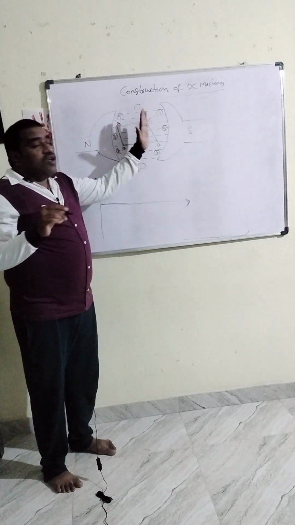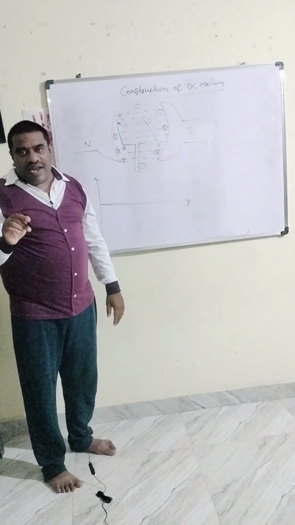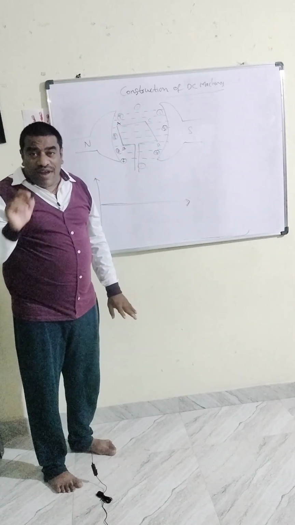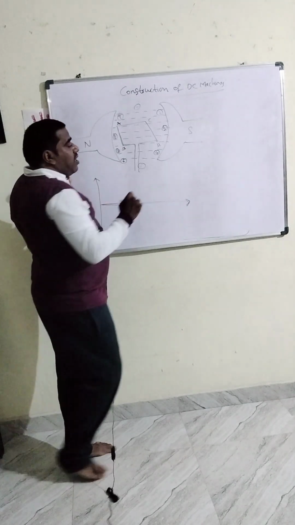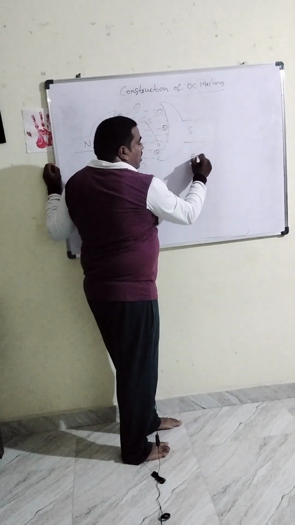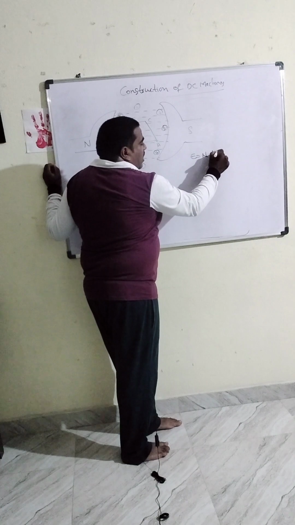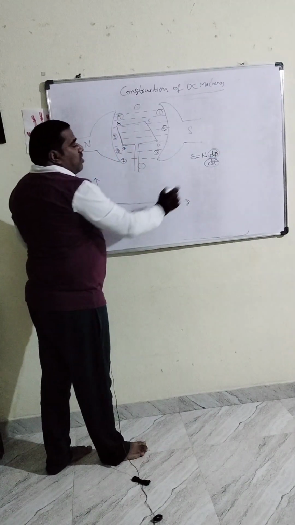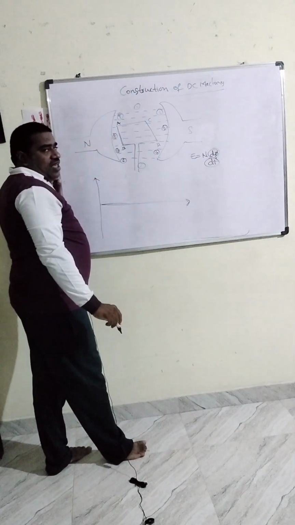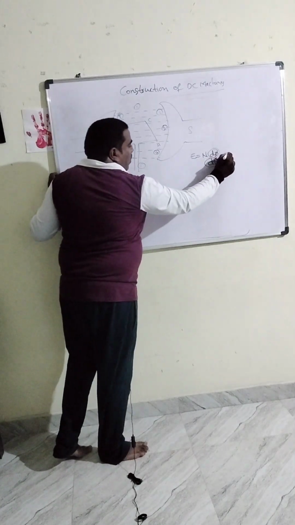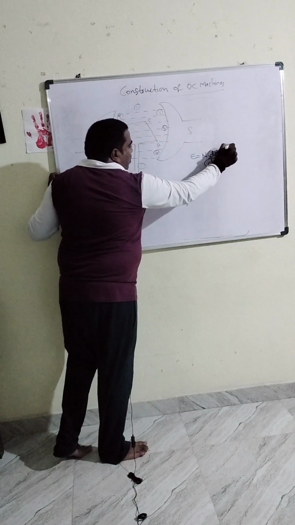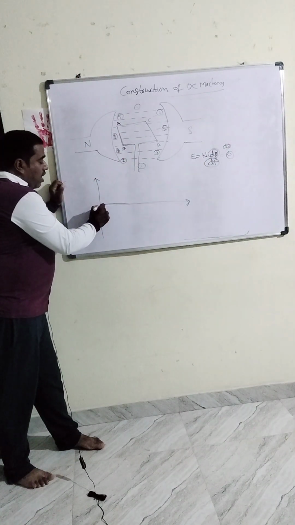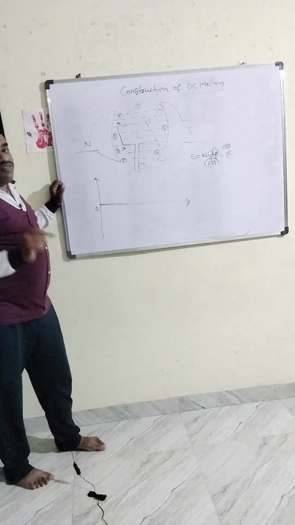Parallel to the plane means no flux line is being cut by the conductor. No flux line being cut by the conductor means, according to the EMF equation, e equals N into d phi by dt, that no change in flux exists. The change in flux is 0, so the EMF is also 0. That is why position number 1, which is 0 degrees,